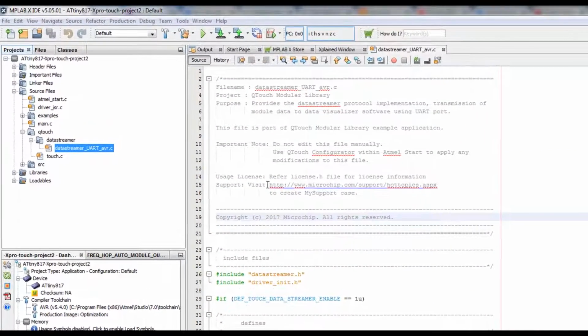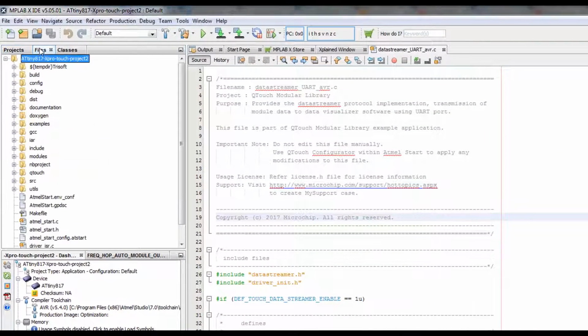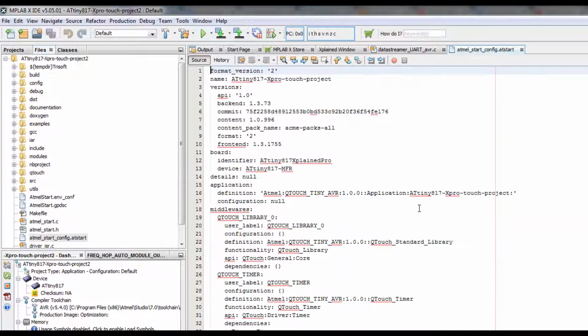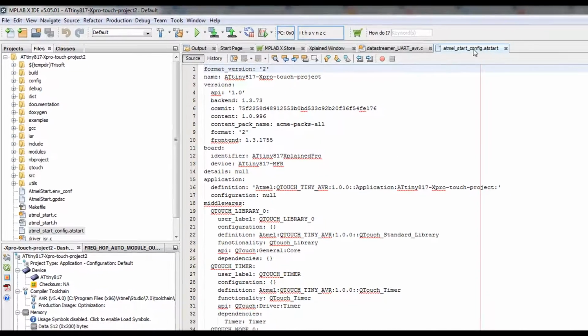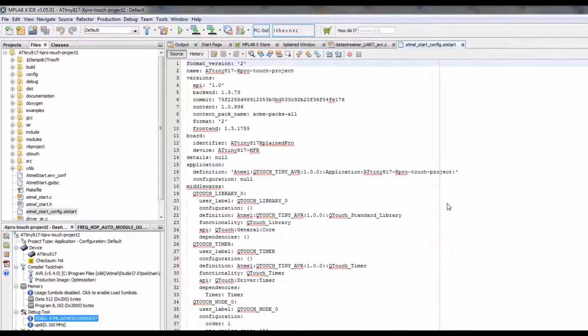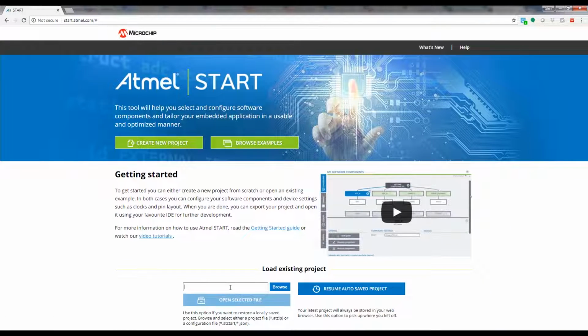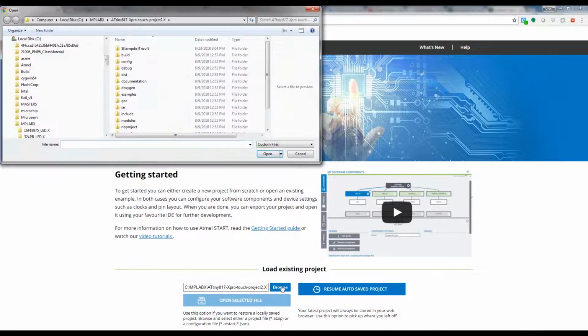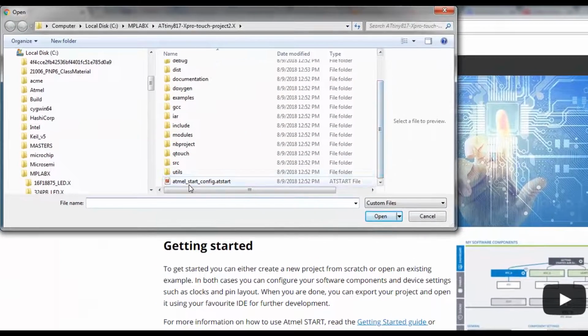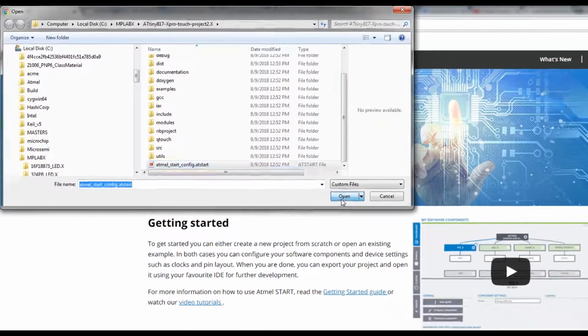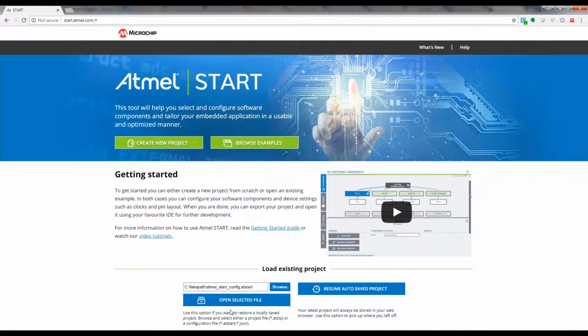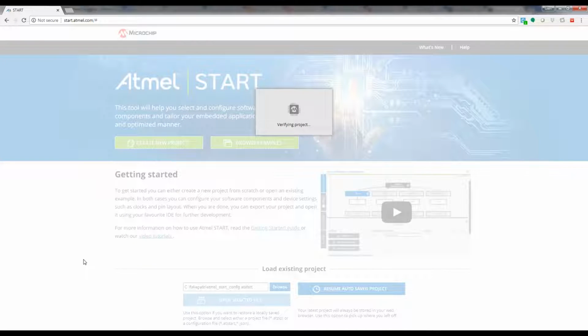And one more thing to point out is if we go to Files, that we can see an atmel start config.atstart. Opening this, we see it's just a text file, so easy to share. Copy file path, go to Atmel Start, load project from file, browse, select this file, open selected file,